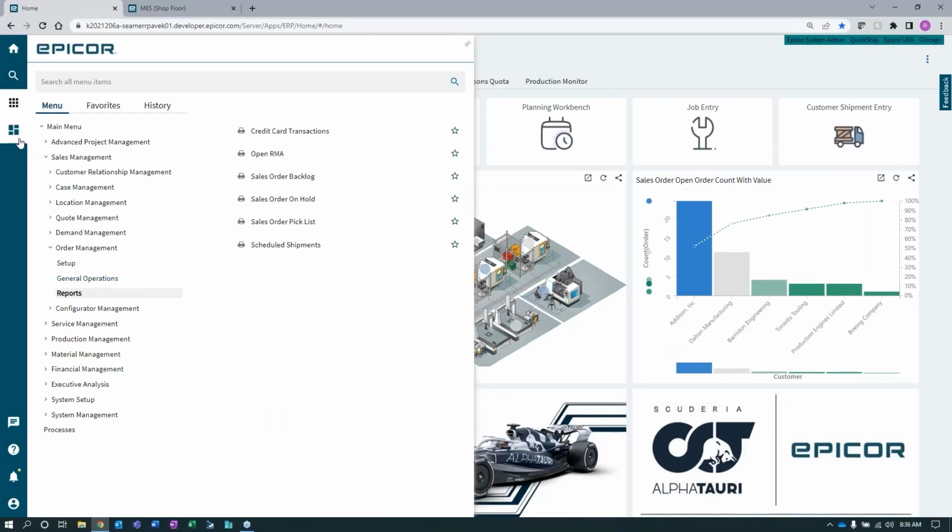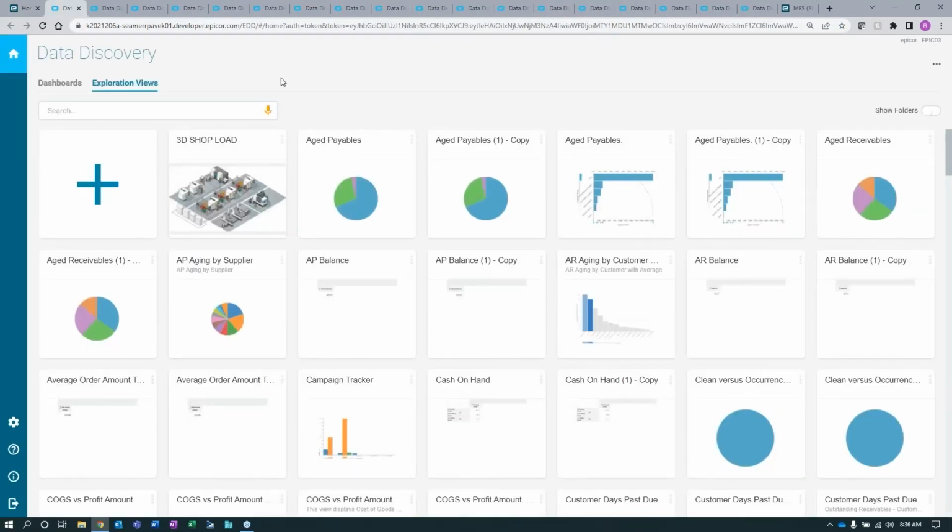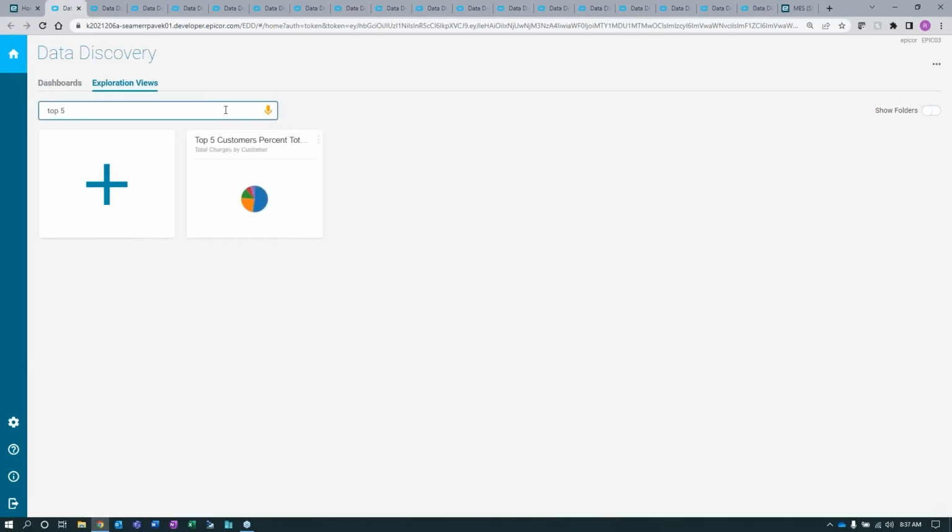The next icon down, that's going to be how we're going to go in and get into our Epicor Data Discovery or our widget library. So when I open that up, this is where our entire Epicor Data Discovery library lives. So I could get into that 3D shop load that we saw. I could come in here and search for that top 5